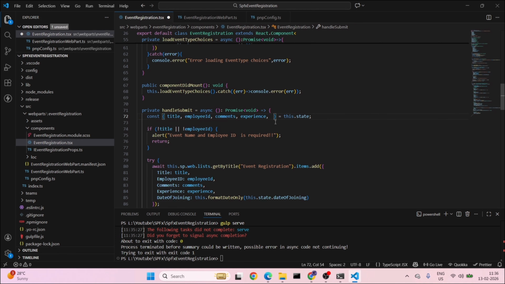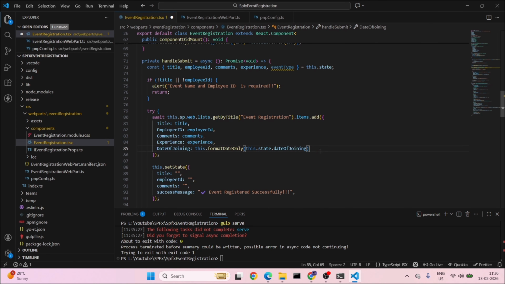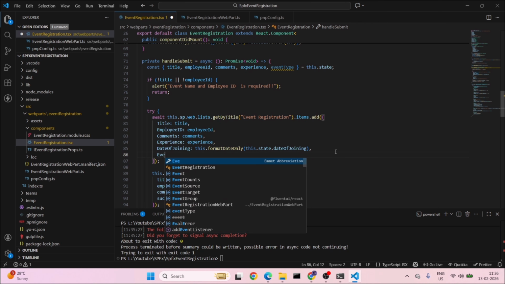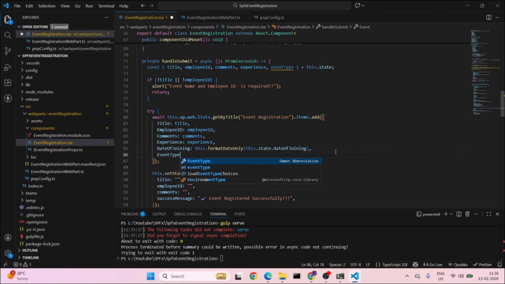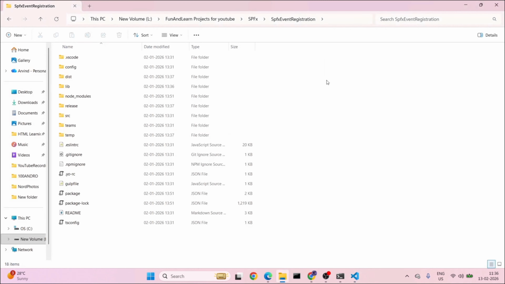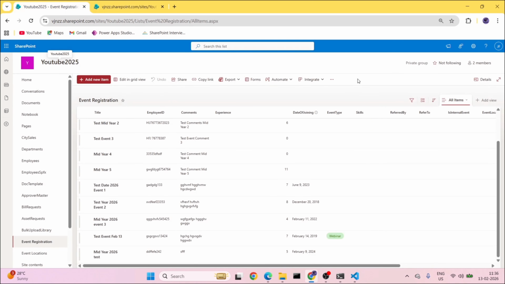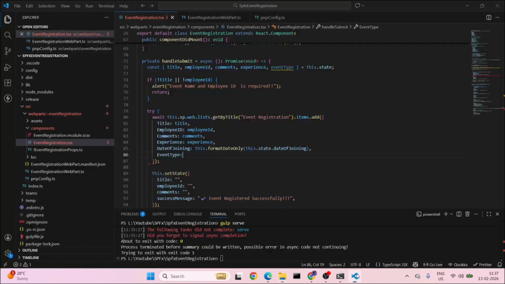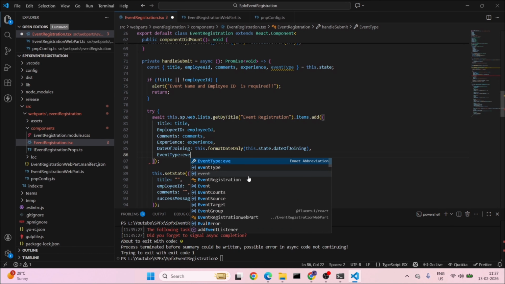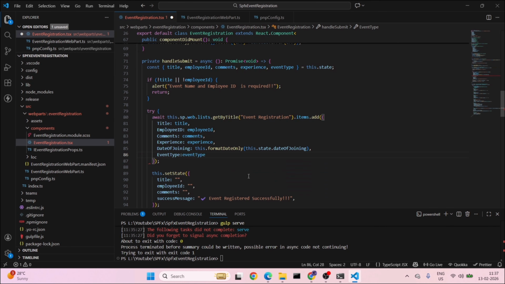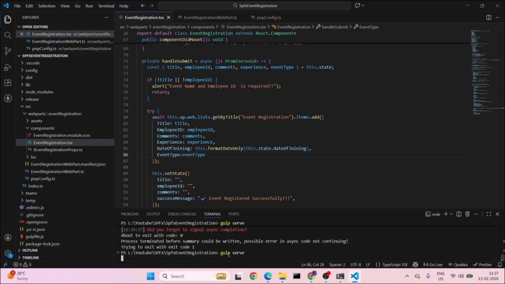I have to add the event type here, and then here to add the comma eventType, because that is our column name, right, event type, and then I have to add the event type here. And if I save it now, we won't get any error, and if I run it,